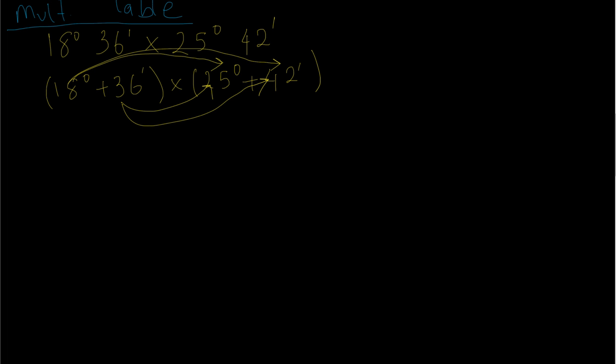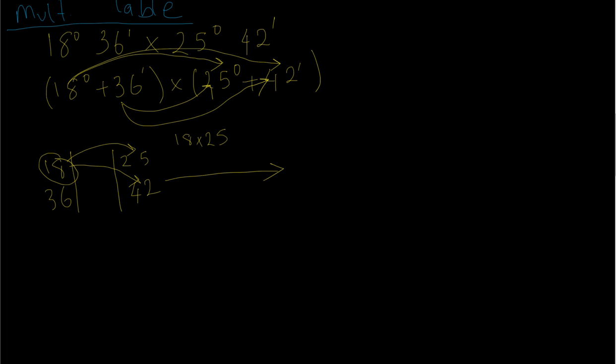As in addition, this will be done in 3 columns, and the middle column will accumulate the answer, and at the very end it will contain the answer. Okay, the first step is to take 18 and multiply it with 25, and then with 42, and then we do the same with 36. So the very first step is to multiply 18